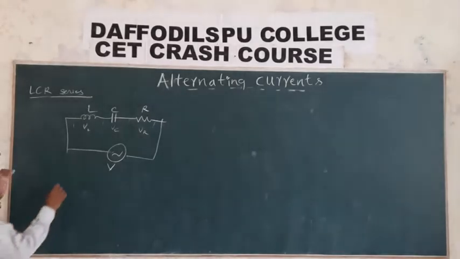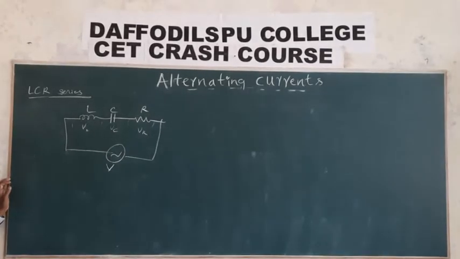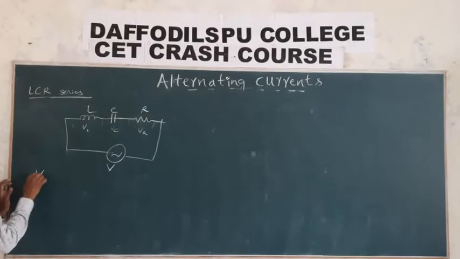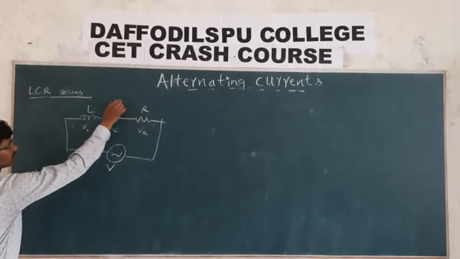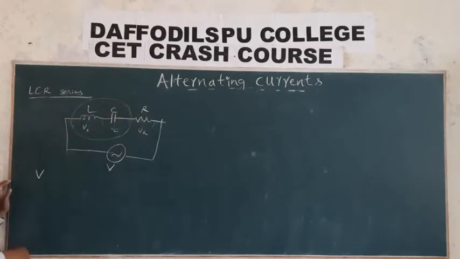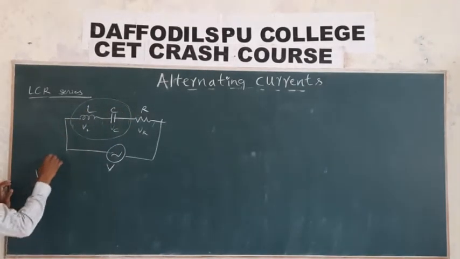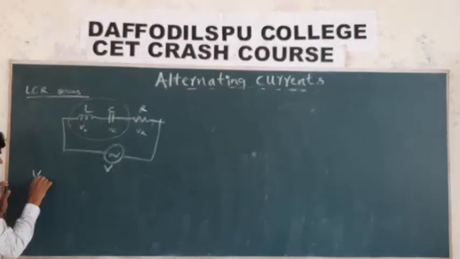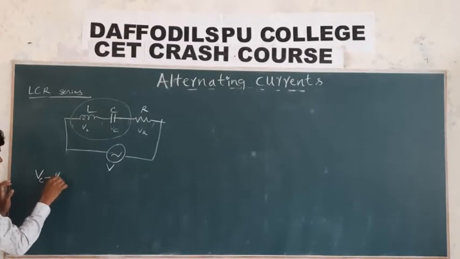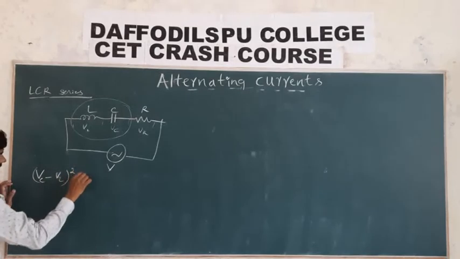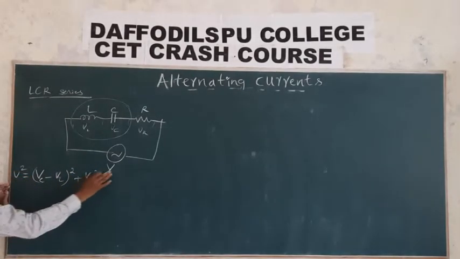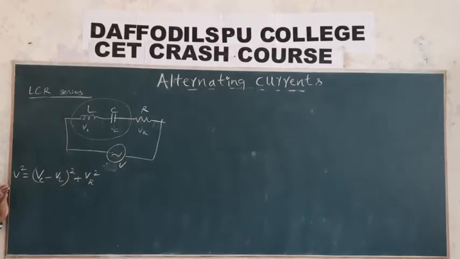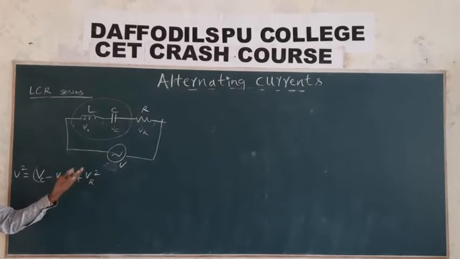Now when we have the resultant voltage, already we know that when we have taken this inductor and the capacitor, for inductor and capacitor, the resultant voltage is (VC minus VL) whole square plus VR square is equal to V square. This is nothing but applied voltage, VR, RMS voltage, instantaneous voltage. If they give nothing but square, that is nothing but what?